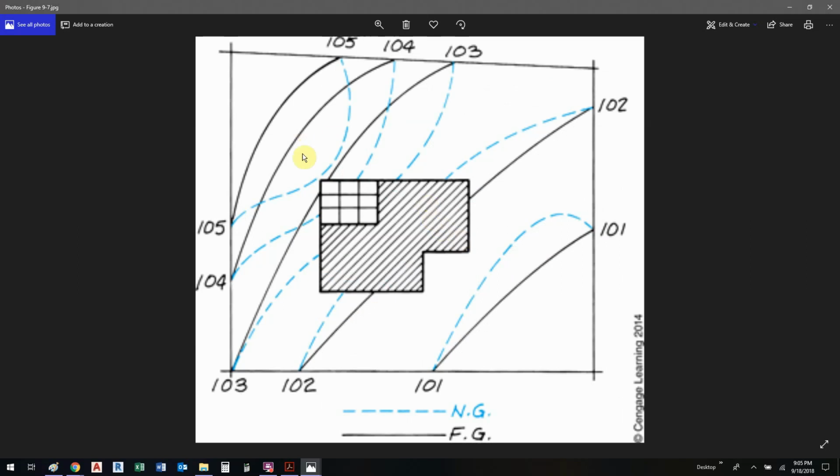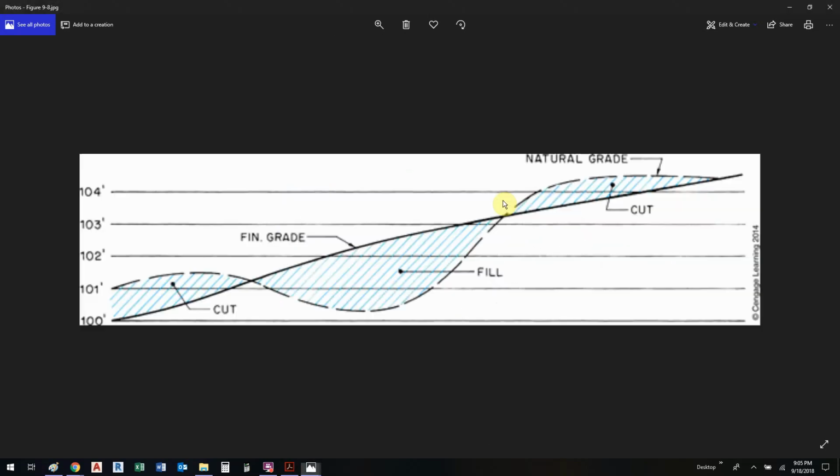If we cut a line right through here, we can get an idea of what that's going to look like. We have the natural grade going in here, and then we're going to cut this off and fill in this spot so that we end up with a smoother grade across our